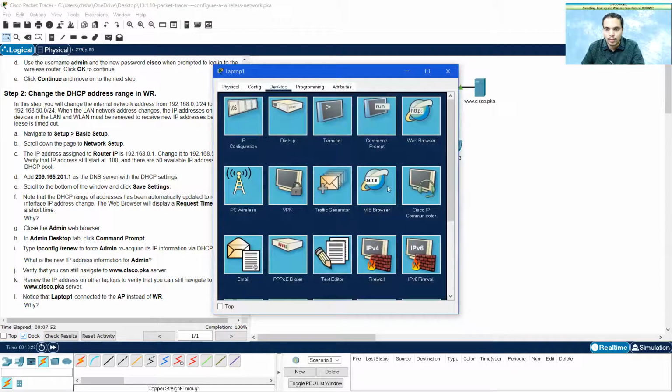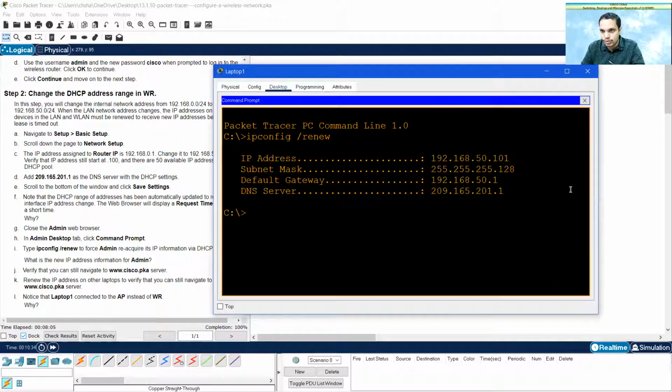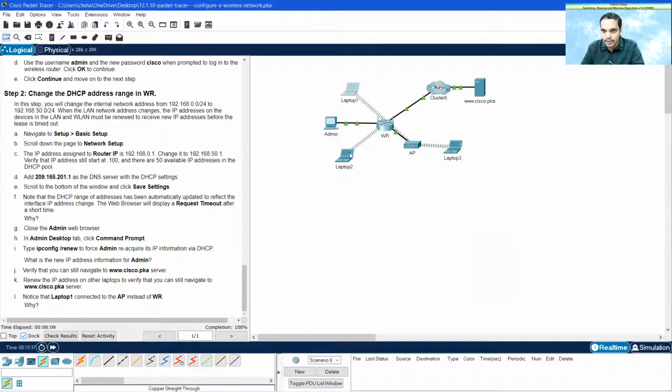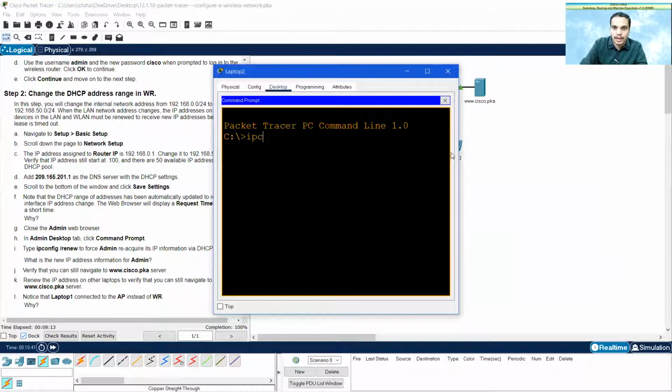Now for this laptop and everything, we need to change it, right? So ipconfig /renew, enter. For each and every one of these laptops, you will start getting a new address, because I changed it inside. I need to go into the laptop, open the command prompt, ipconfig /renew, enter.